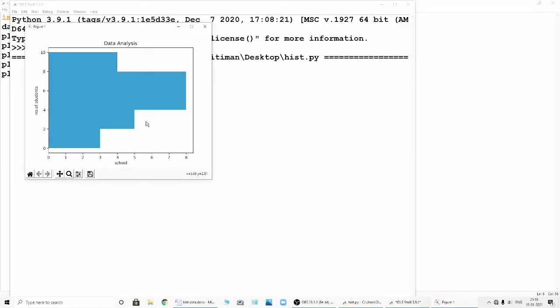But students, whenever you are plotting in horizontal form, you need to keep in mind that the number of students was here and the school was here, so this you also need to change. Here it should be the number of students and here it should be school.